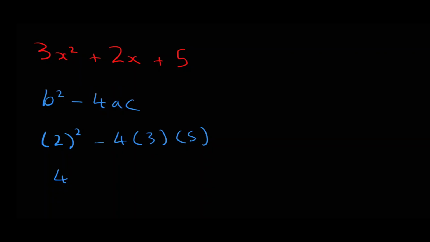That's going to be 4 minus 4 times 3 times 5, which is 60, so minus 60. And 4 minus 60 is negative 56. So our discriminant is negative 56, which is less than 0, and therefore we have 0 real